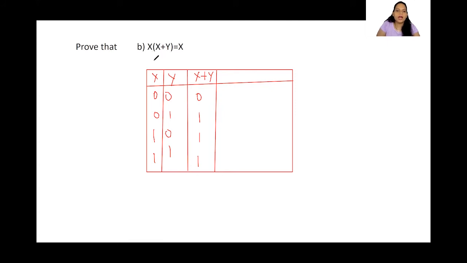Now we need to do the AND operation between this column and this column. Okay, so let's go ahead and do that. x into x plus y. So what happens now? 0, 0 will be 0; 0, 1 will be 0; 1, 1 will be 1; 1, 1 will be 1,